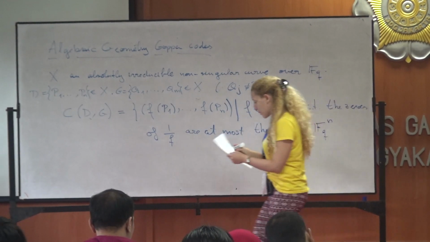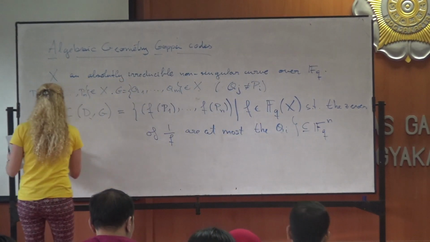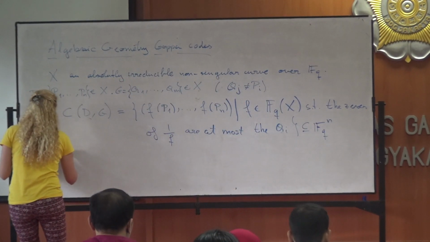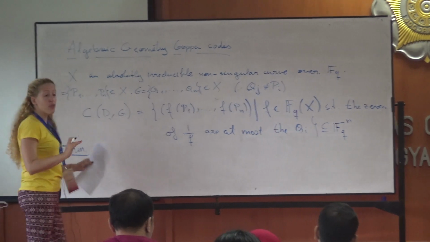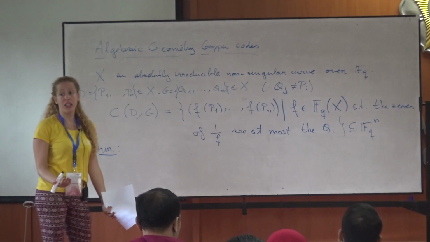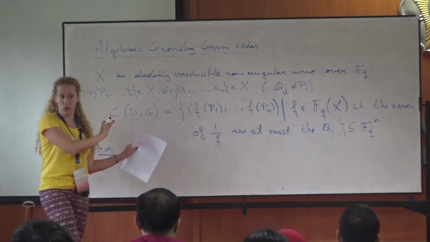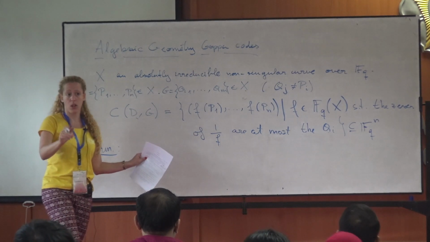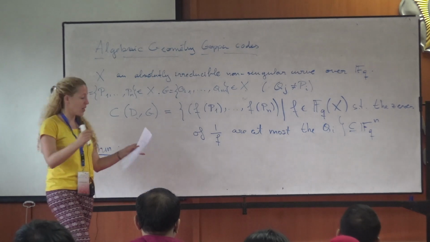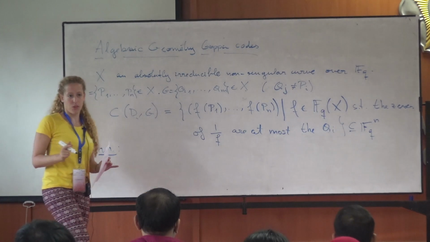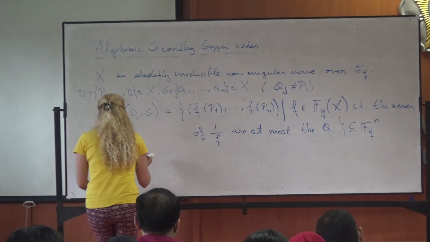Now, some properties of this code. Theorem. The proof is not really difficult. The point is that you need to know a little bit about algebraic geometry, and I'm not sure you know this. So this is why I'm not going to do the proof, but you have the proof in the notes. So if you know about this algebraic geometry, the proof is really 3 lines, okay? So it's not difficult. So theorem,